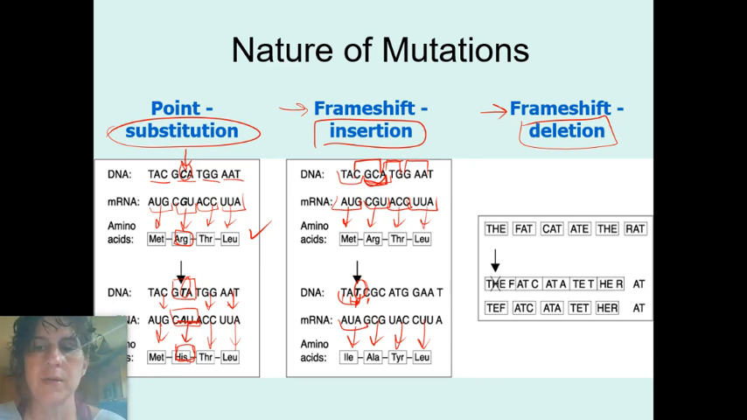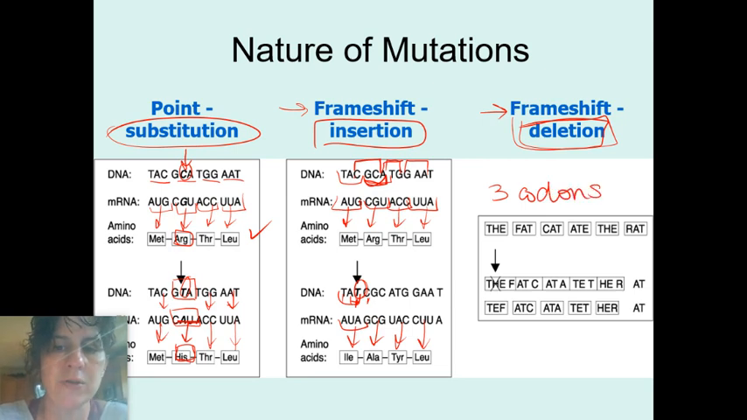It has to read in groups of 3. Here's an example of a deletion where they formed, in this example, a sentence for you. The fat cat ate the rat. Again, groups of 3 because codons are in groups of 3, but in this case, we're using letters that make a sentence. So the cat